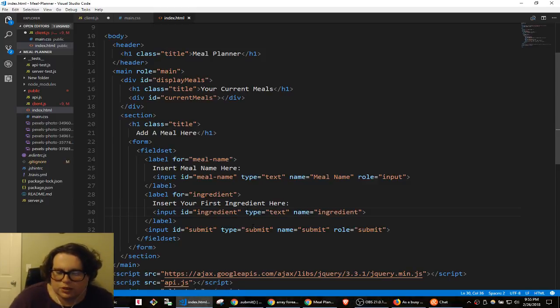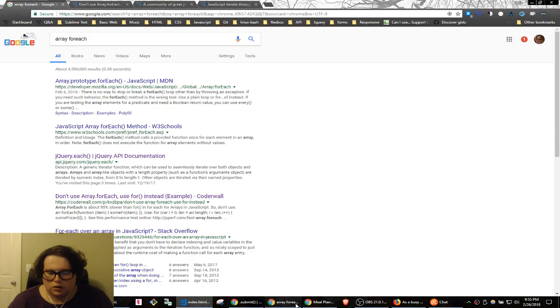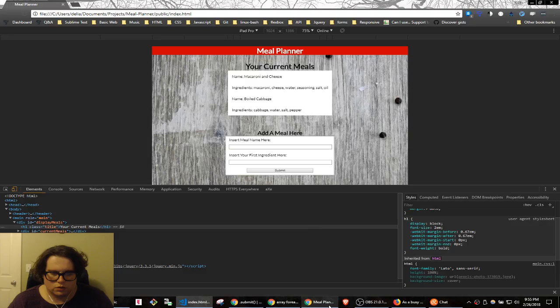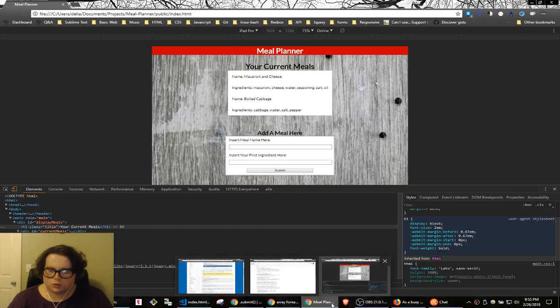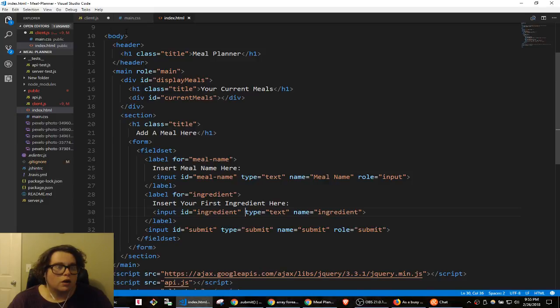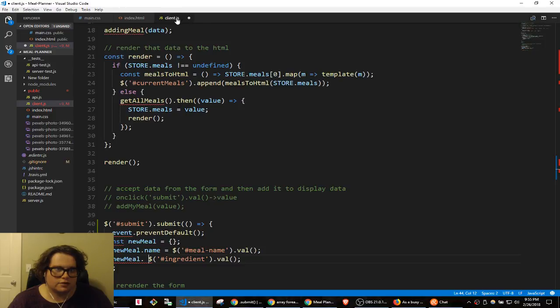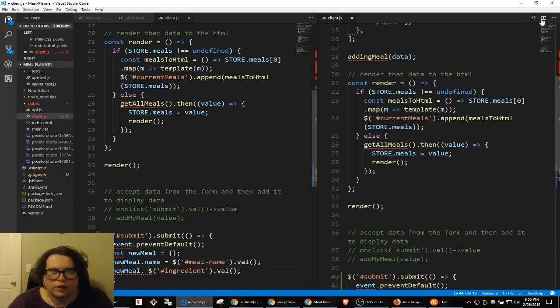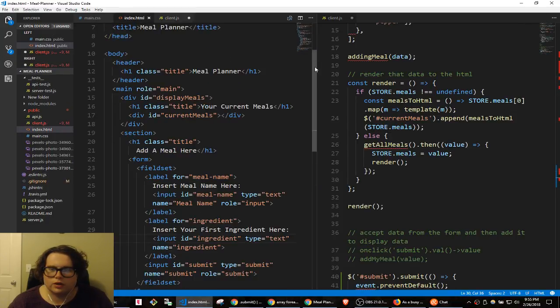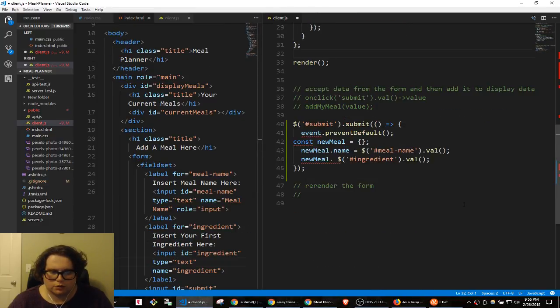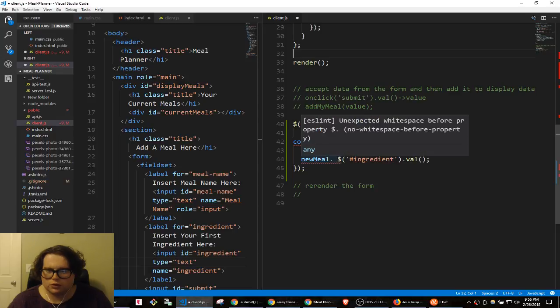Okay, so what we probably need to do is make sure that... I keep expecting this to be in a separate thing, actually, let's do them side by side. I don't know why I'm thinking that I shouldn't be doing that. Okay, so let's do index, and then let's zoom that over. Okay, perfect. Okay, so new meal dot